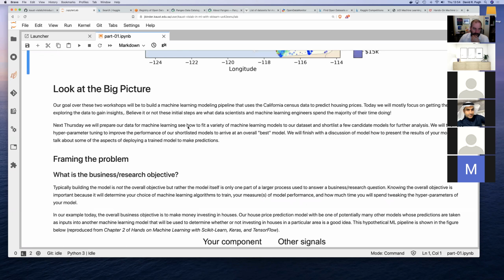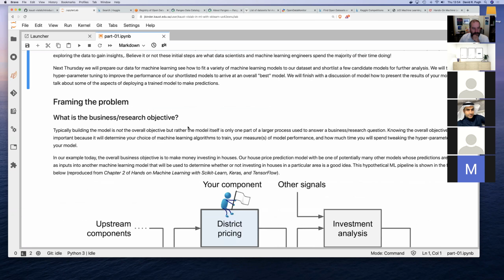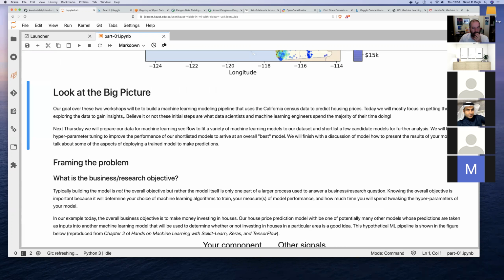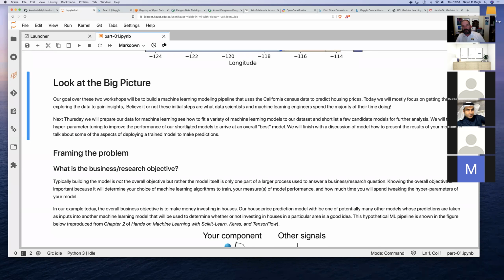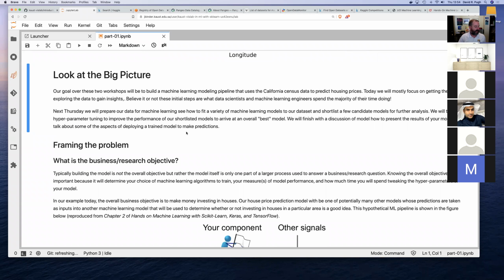Okay, so moving on to the next section. That's the background on data. The next thing I want to do is talk about getting started with our machine learning project. So the first thing that we want to do